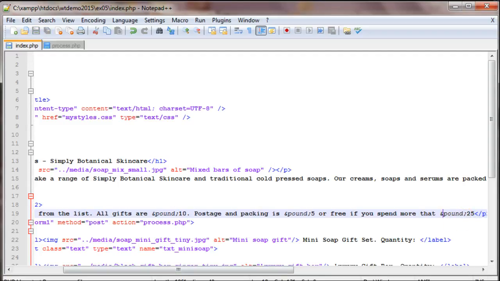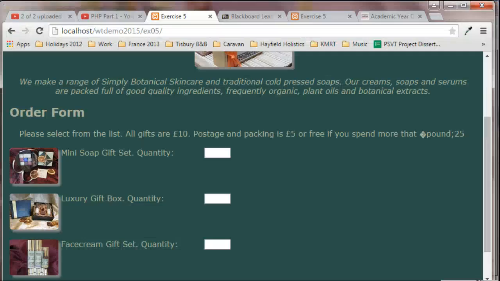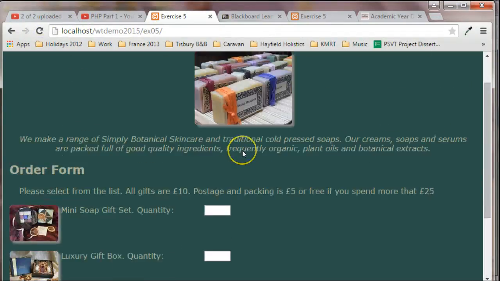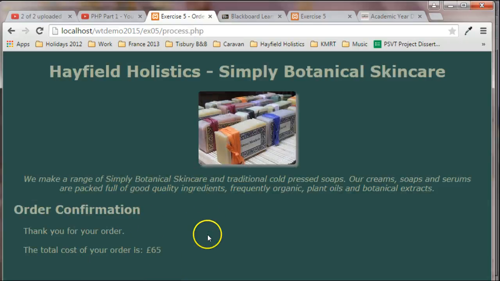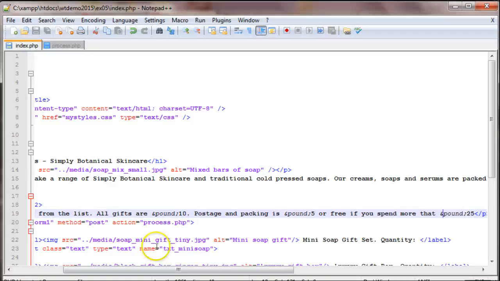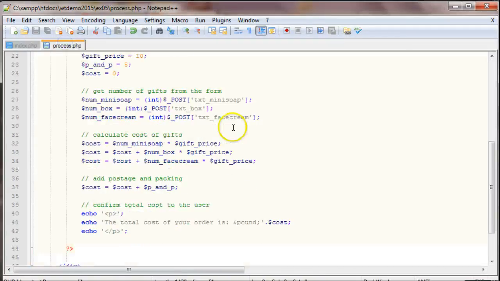So if I save that, just to make sure that this is working properly, feel free if you spend more than £25. So here we go, put some values in here and buy now, and yes, we do get through to my exercise 5 processing page. So what I need to do now is go to my processing page, and